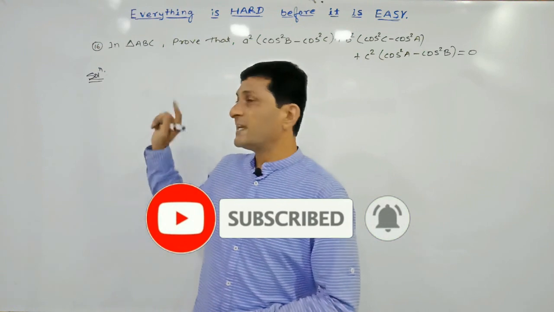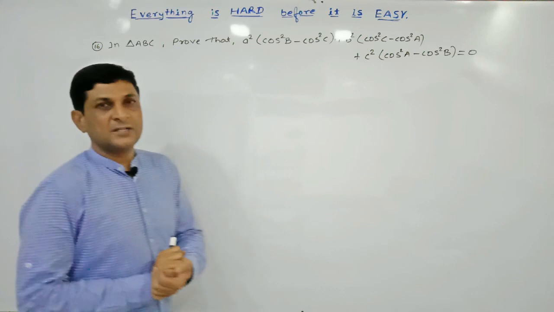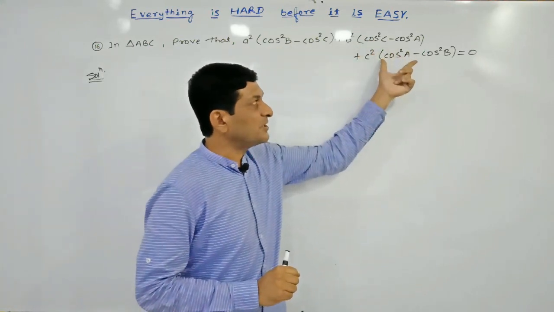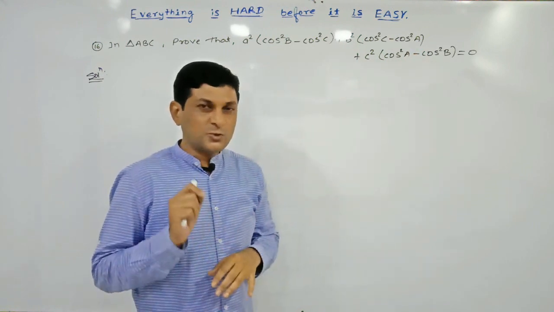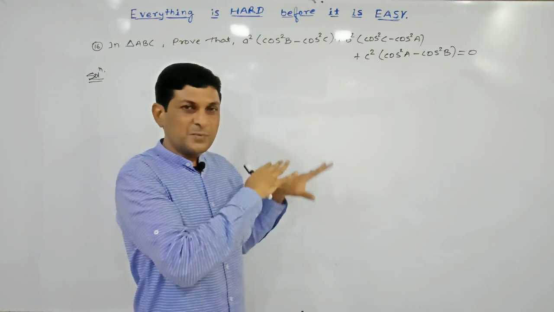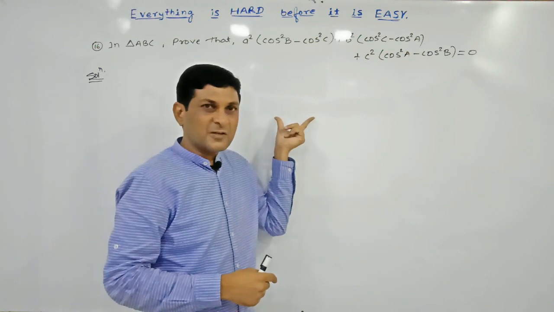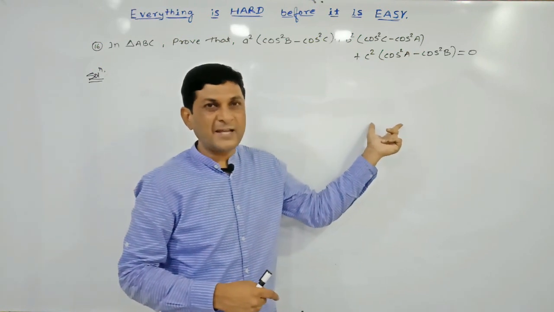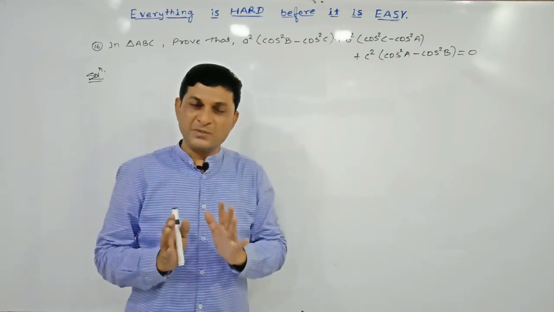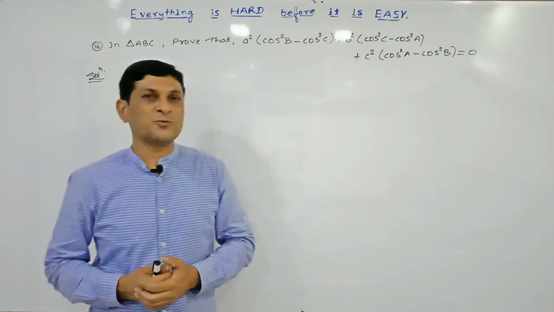So now we are starting example number 16 from question number 2, miscellaneous exercise 3B. In this example we have to show that the addition of the first, second and third term will be equal to 0. To show that the addition will be equal to 0, we have to simplify it in such a way that the terms cancel. Means if somewhere we get cos square A, and if somewhere we get minus cos square A, then plus cos square A minus cos square A will cancel. Means we have to simplify it in such a way that all the terms cancel. So let us try to simplify it.